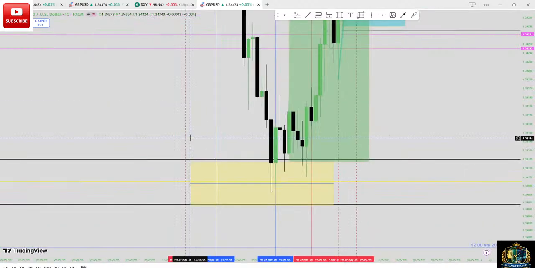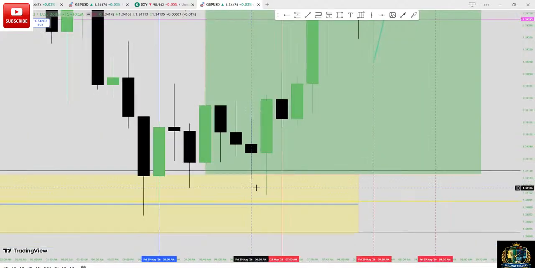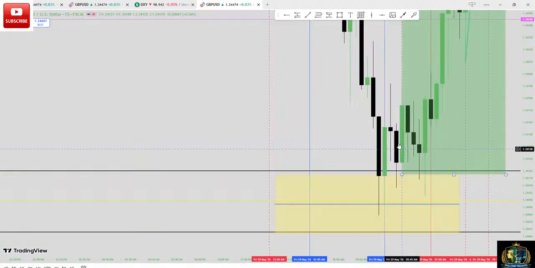Then after they stop over there, they move high, stop. All of this information started from 5 o'clock. You can see 5 o'clock where London session stops. Then they start push high, push down. There is no interesting movement and I'm not trading anything. Then still you can see all the candles respect this weak zone. You can call it weak zone. This is one of the weak zones. This long week, all of these candles that are forming, they respected it.